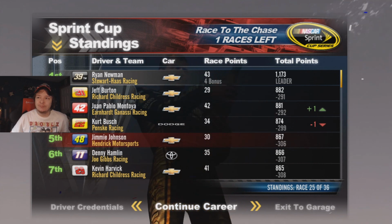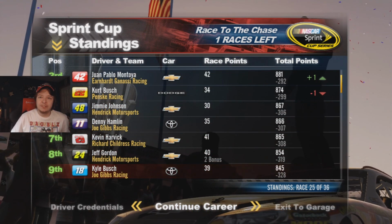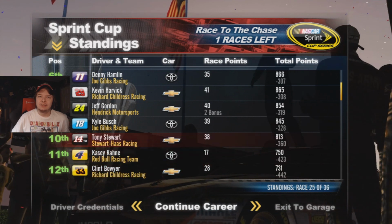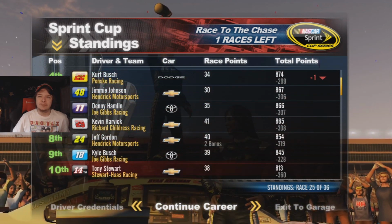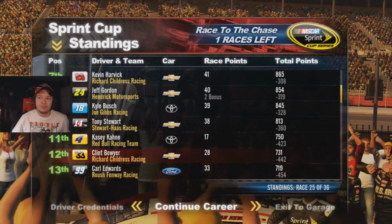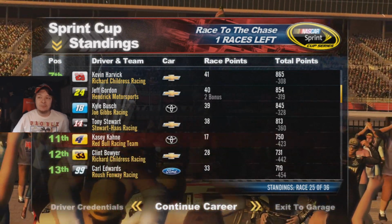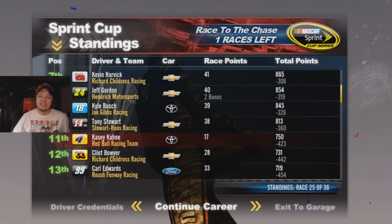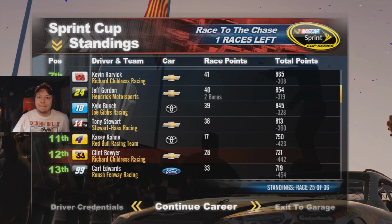And Montoya moves himself up to 3rd. Busch loses a spot. Gordon's in 8th. Damn. And Jimmy Johnson, I think, in the top... Okay, he was 5th. But yeah, so Boyer pretty much is out at this point, unless Kane drops back dramatically. Well, I mean, I don't know what I'm talking about, but...